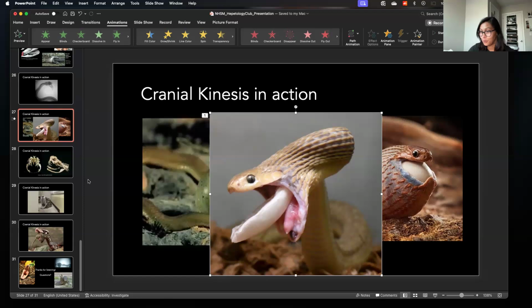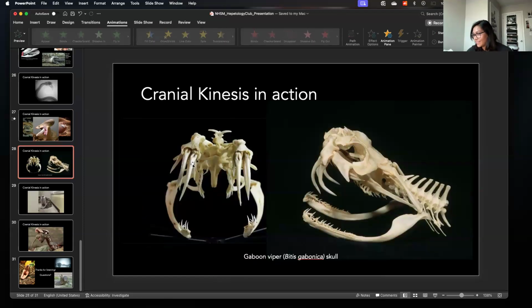So it does have 4 fangs. It has these medial ones, which are pretty large, and then some lateral ones here. That's just because it wants to pump a lot of venom into its prey because it wants its prey to be completely paralyzed before it swallows it. And I actually have